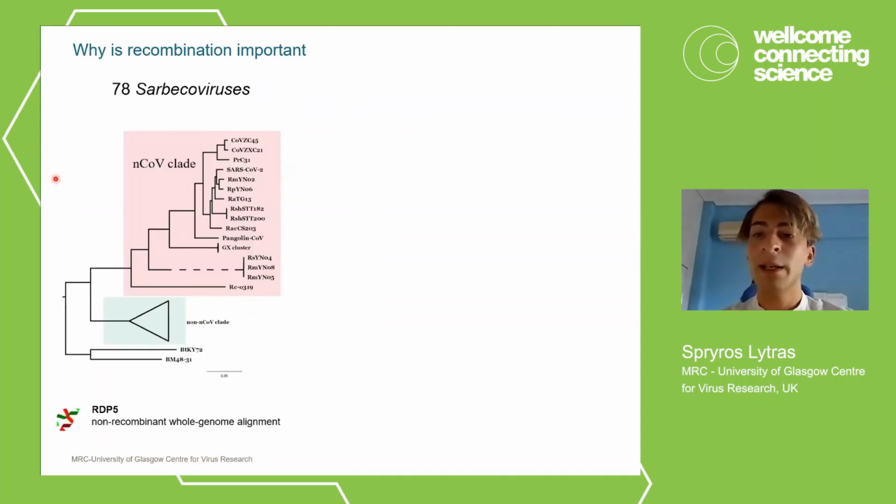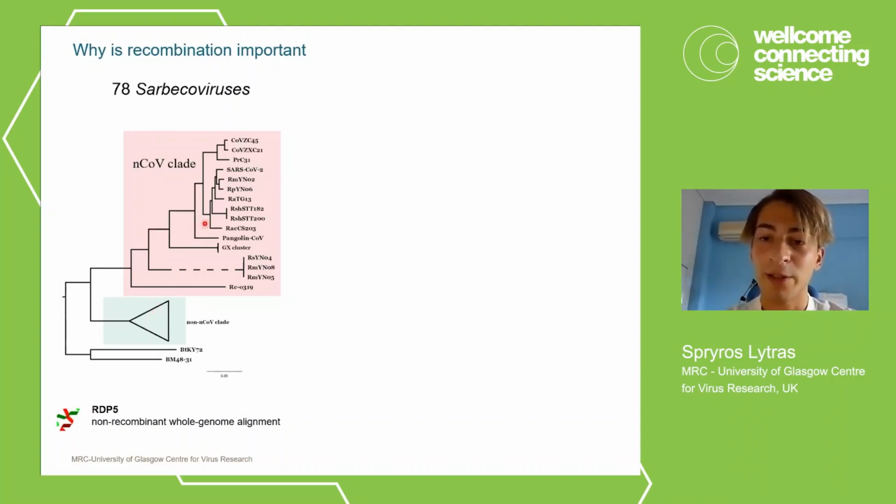So what we did is retrieve a set of 78 sarbecoviruses. This is the subgenus that SARS-CoV-1 and SARS-CoV-2 are a part of. And these are essentially all the sarbecoviruses we have a whole genome for. And we did this preliminary recombination analysis with RDP5 to find all the unique short recombinants in each sequence and take them out of the whole genome alignment